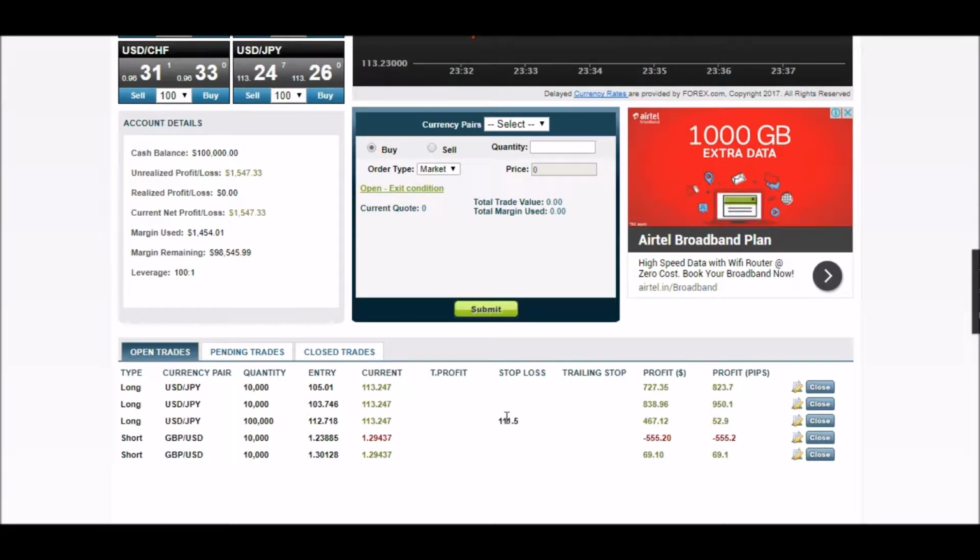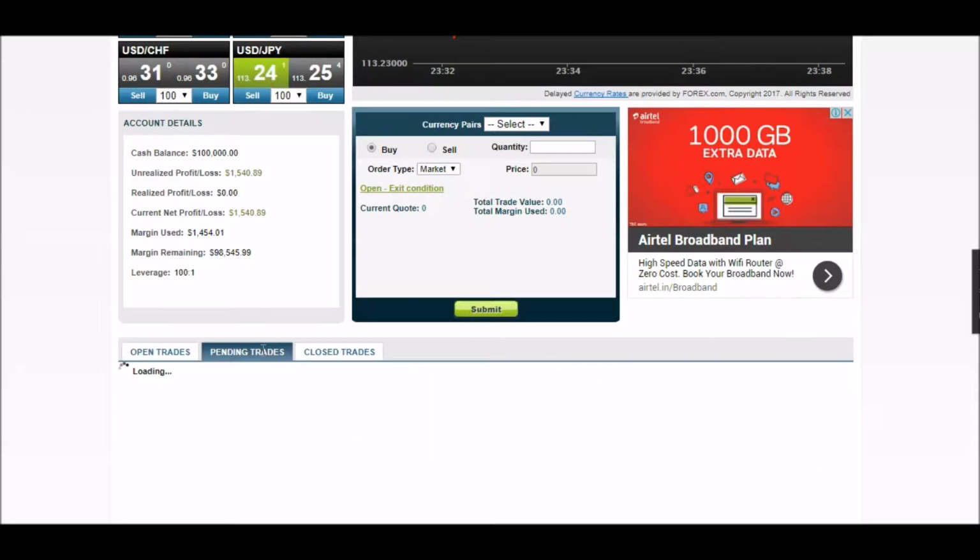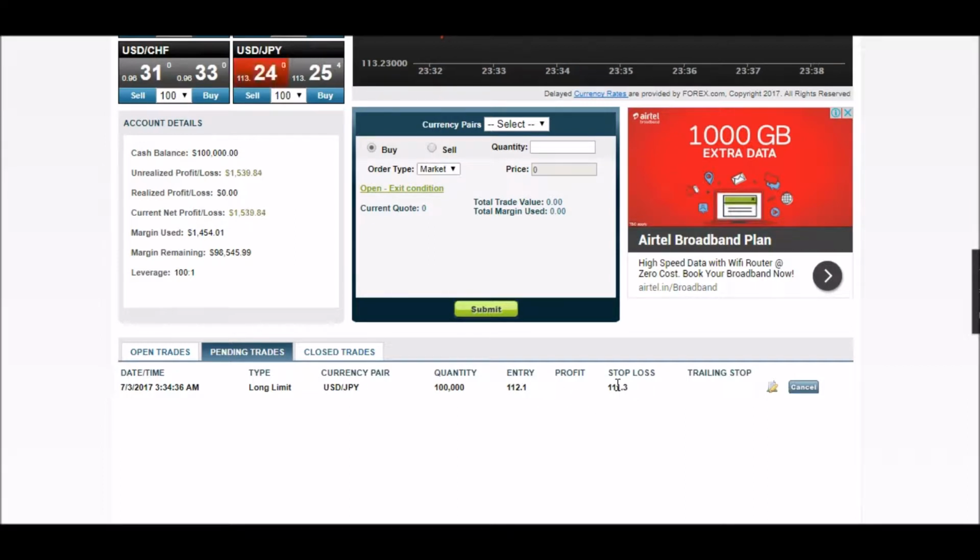and shoulders pattern. So we see that the orders that we also left in dollar yen were not triggered. Now if you go to pending trades, you see that the buy at 112.10 with a stop loss at 111.30 was not triggered, so dollar yen did not retrace. However, we see that dollar yen is now at 113.24.25, and you can decide if you've made a decent enough profit on this trade, if you wish to exit,